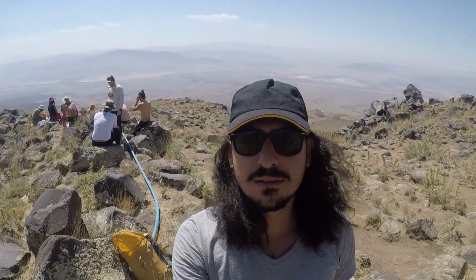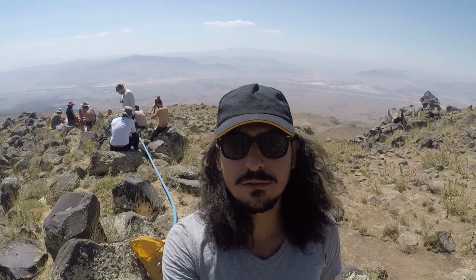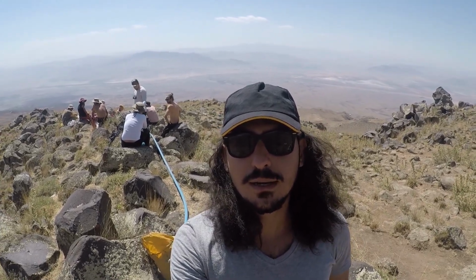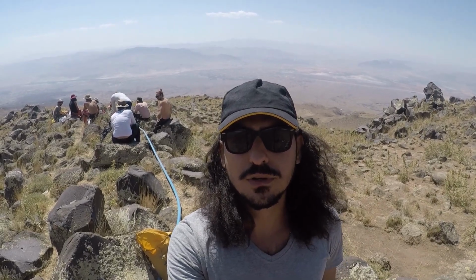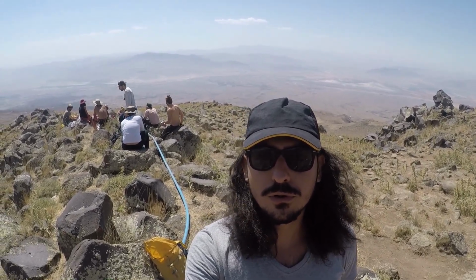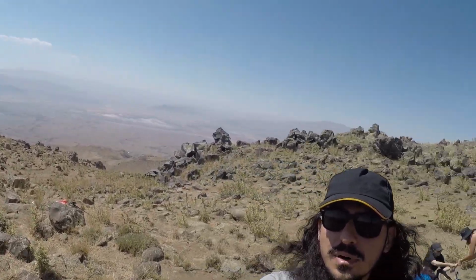We reached our second resting point before we go to the base camp. Now we are at 2,700 meters altitude, and the base camp will be at 3,200 meters altitude. You can see the view of all Doğubeyazit from here, and the Ağrı mountain will be in the